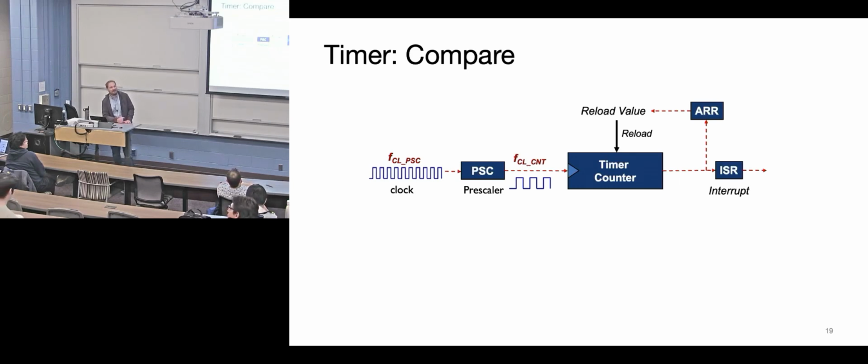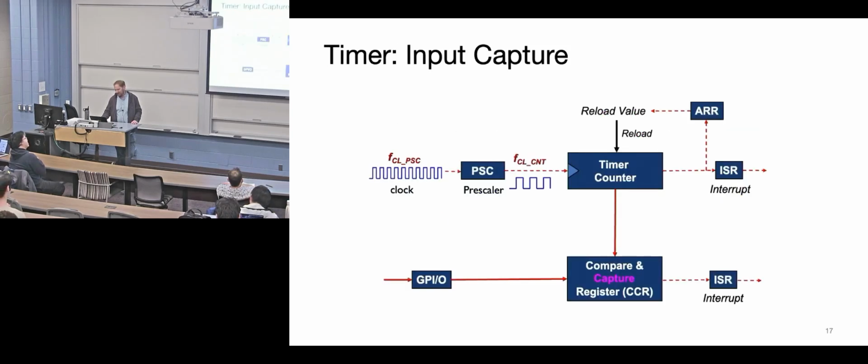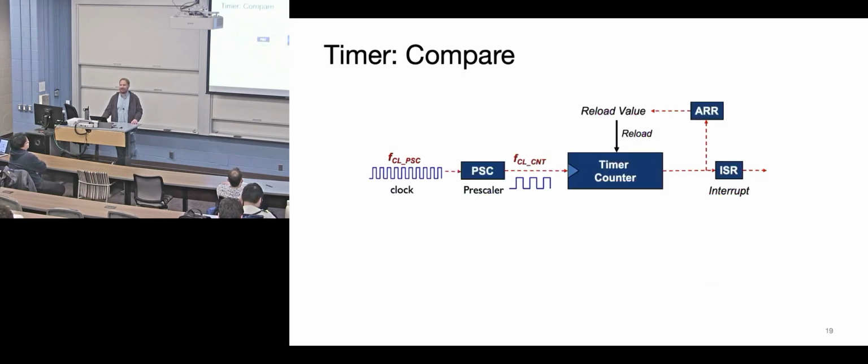You know, think about ADCs. You could have ADCs that you want to sample at a certain period, right? So you want a certain sampling speed, and then you're going to use a compare timer to set that sampling rate up. You could have a case where something external happens, and then you have to sample some period of time afterwards. Actually, I can't think of a way to use a capture timer and an ADC. I thought I did, but it just turns into a compare timer. Oh well. They're good for measuring the passage of time external to the device.